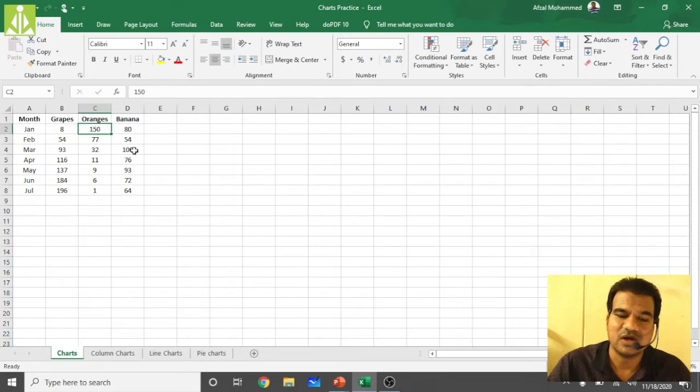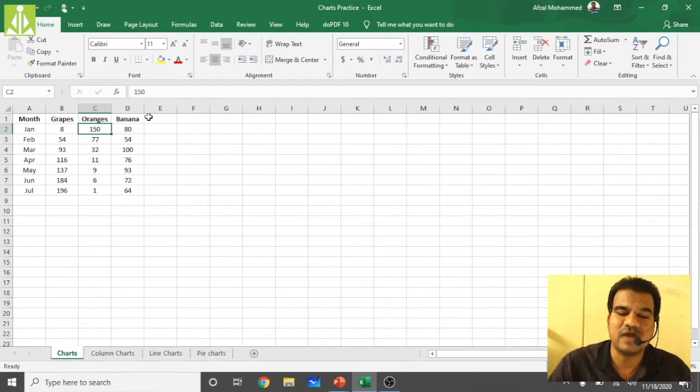Likewise we have these three fruits. Grapes, first produced in 8 hectares of land, then 54, then 93, 116. Like that we have seen growth in the production of grapes. Then we have seen a fall in orange production, like 150 to 77, 32, 11, 9, 6, 1.